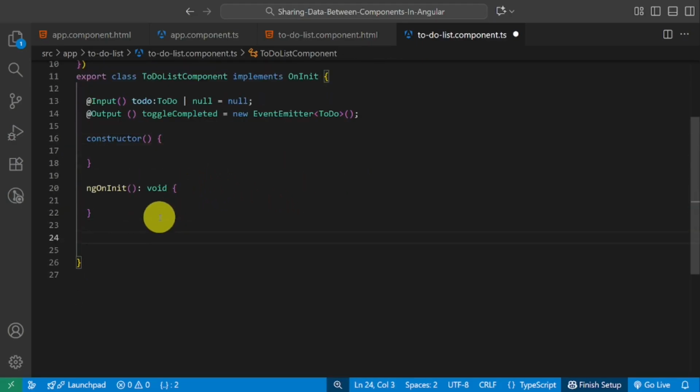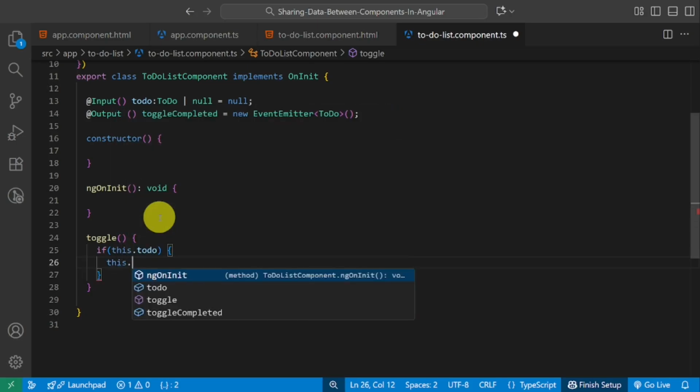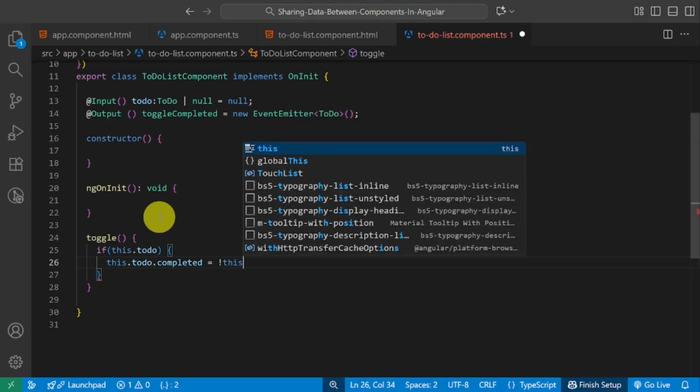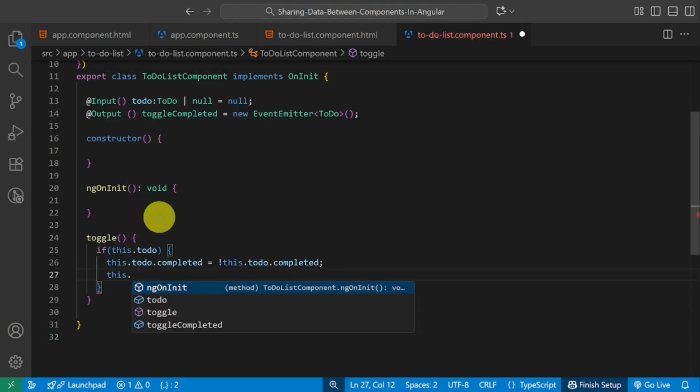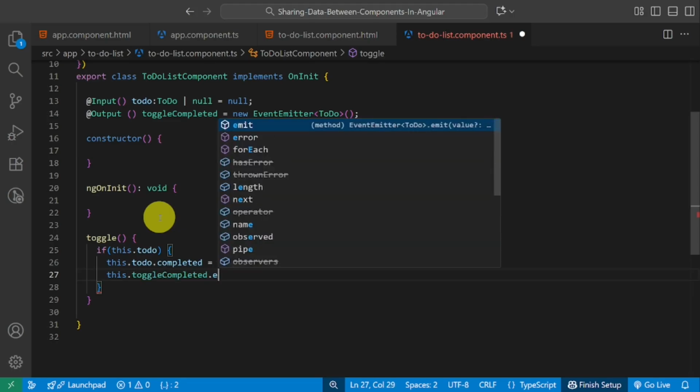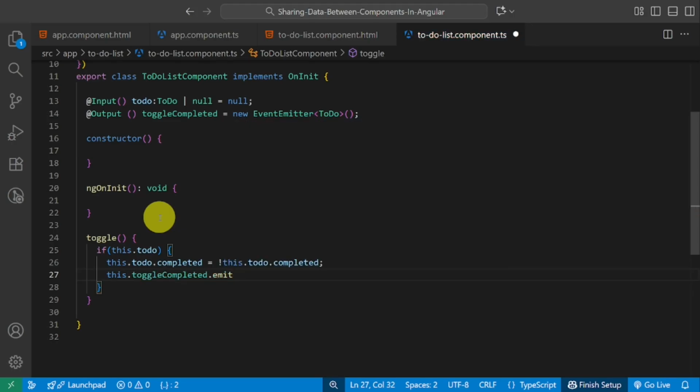Now we define an event toggle, and inside our event I just change the status of the boolean to completed, and then I emit the new value to the parent, from child to a parent component.